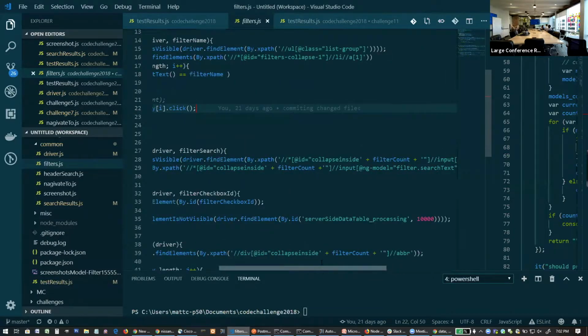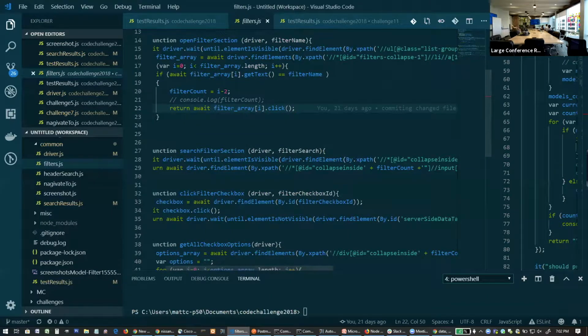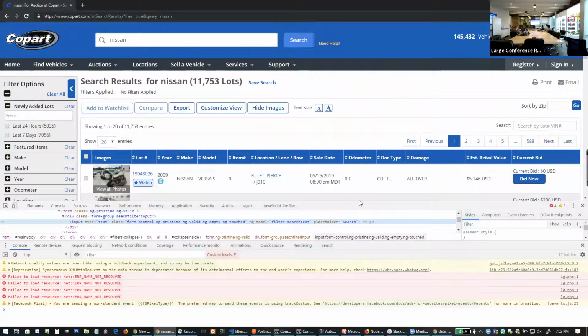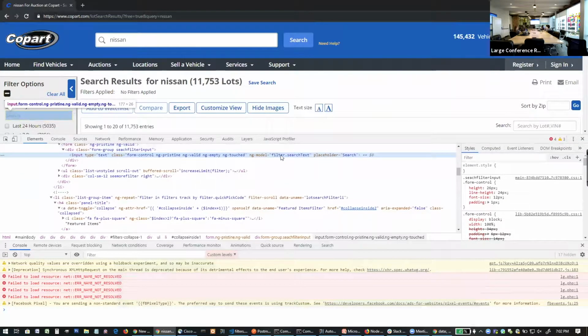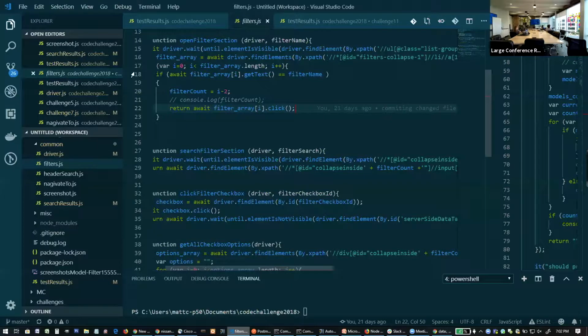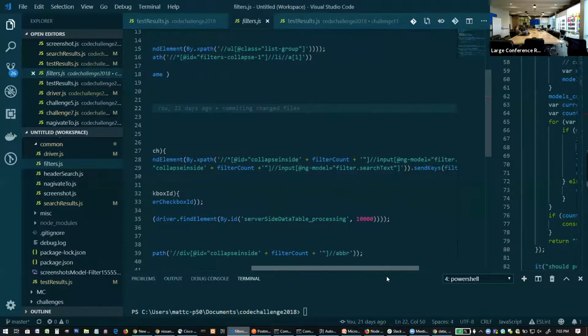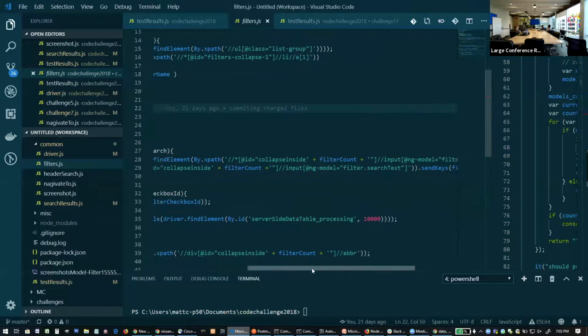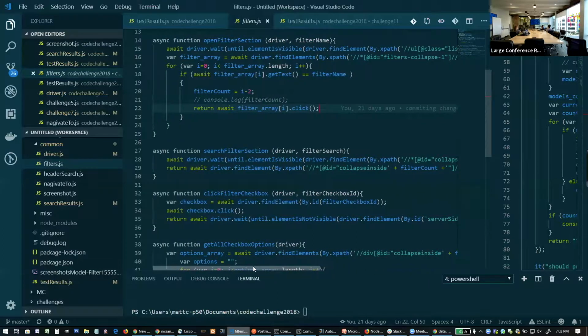Filter, send keys. Okay, so filter, search filter section. So right here, that's searching for this. And if you look at the pattern for this line of code, it's just ng-model filter.searchText. And ng-model filter searchText. So right here, I am looking for